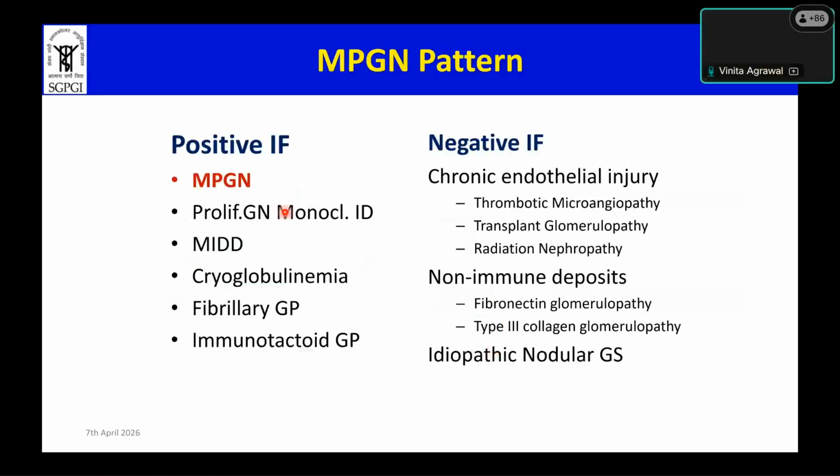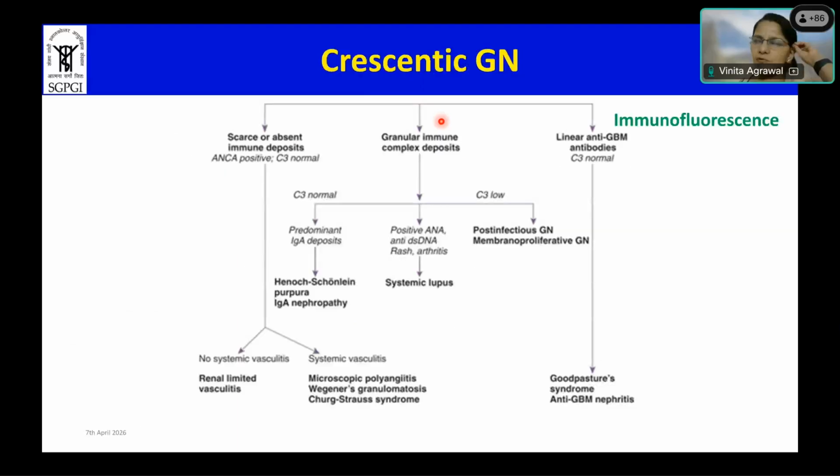The other thing you need to remember is that apart from this MPGN pattern, a typical MPGN pattern can also be seen in a large number of conditions. They can be IF positive or IF negative. As I showed you in other conditions, you should always make your diagnosis according to your immunofluorescence patterns. Different diseases will have different immunofluorescence patterns, but the morphology can be similar. Okay, so I'm not showing you a case of crescentic glomerulonephritis, but because I showed you crescents, I would like